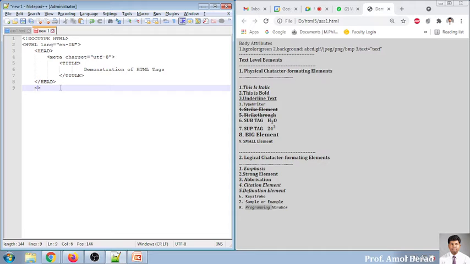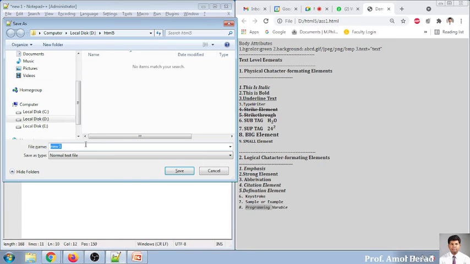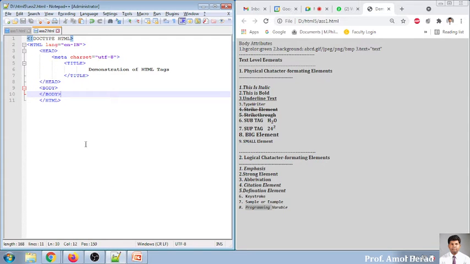Now we call it a body tag, and I'm closing this body, and I'm closing the HTML tag. So this is the basic skeleton of HTML. Save this as an assignment, ass2.html. Now this is a demonstration of HTML tags.